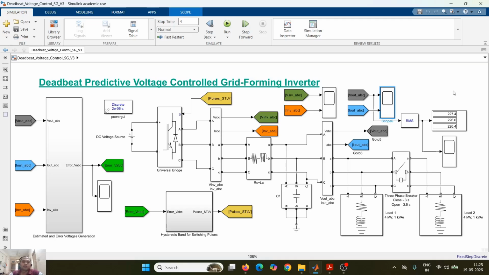Today we are going to see one of the advanced controls for grid forming inverter, that is Deadbeat predictive voltage control. So this is the schematic for MATLAB Simulink. For the inverter, we have the DC voltage source at the input, and at the output we have a measurement